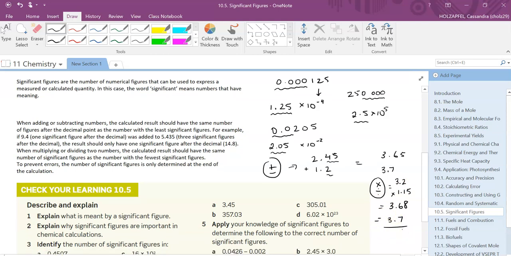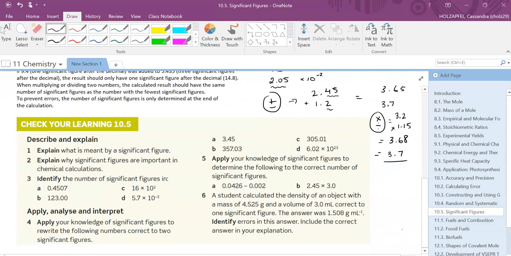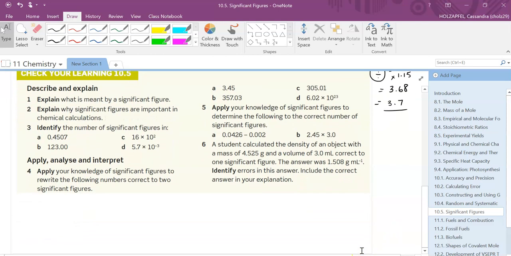Okay, so let's go through and do some examples here. So identify the number of significant figures in 0.4507. Now this 0 is not being used as a placeholder, so this would have 4 significant figures. Now, these 2 zeros here, I'm assuming that they've actually measured those 2 zeros, because why would you bother including those 2 decimal points if you had not measured to that degree of certainty? I mean, it could be used as a placeholder, but I think that they've actually gone ahead and measured to